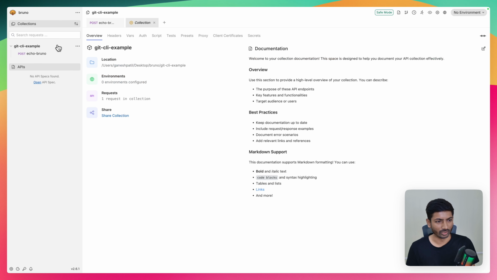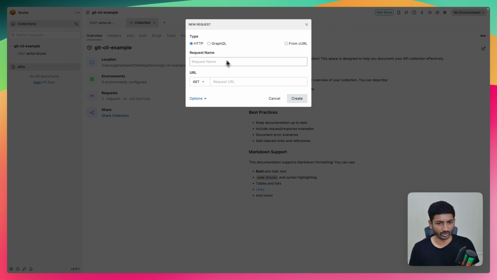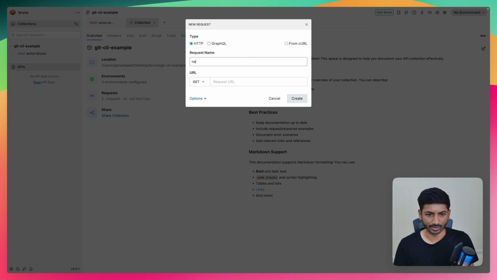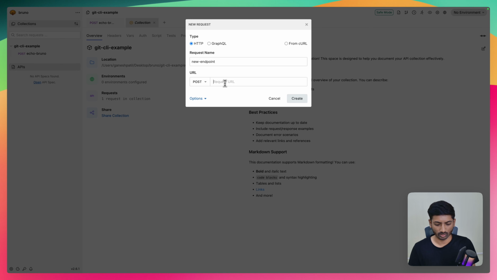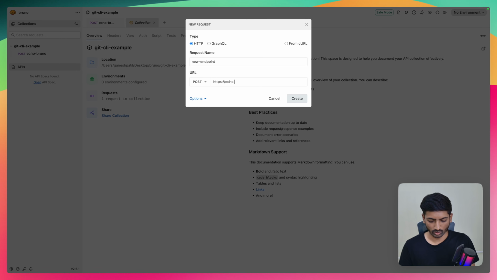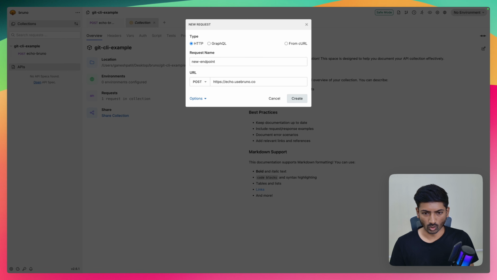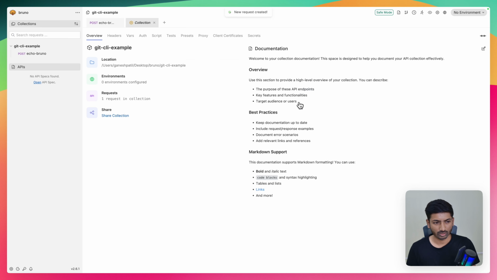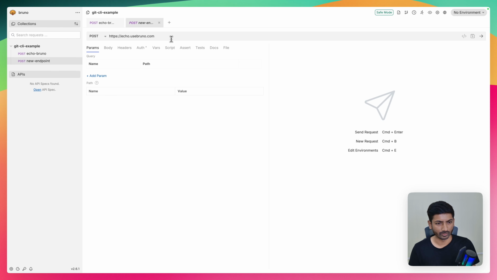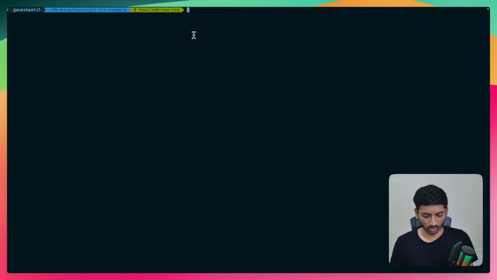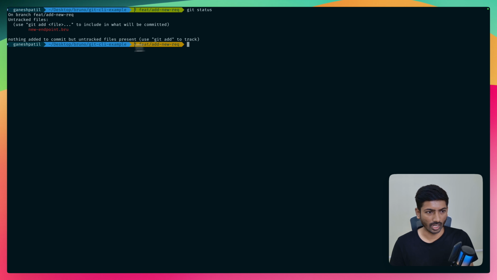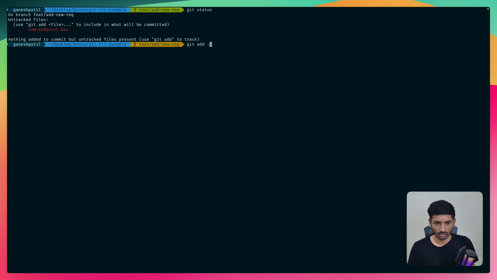So once you do that, right now we have to make changes, and let's see. I will just add a new request, and I will call it new endpoint. I will put the same echo.usebruno.com, and everything looks good, and we'll just execute the empty command, and we'll receive nothing because we are not sending anything. Right now if you go to terminal and check the status, we changed this endpoint,